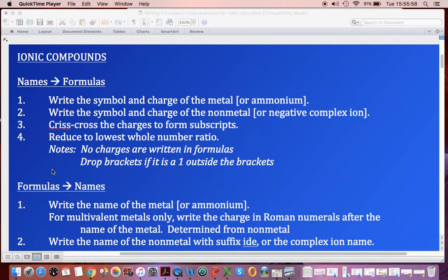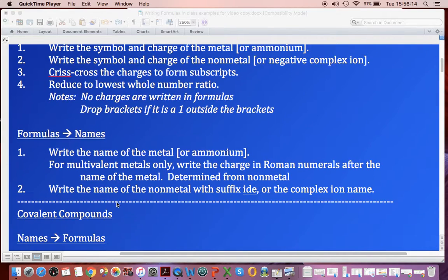And remember, you do not write charges in formulas. They just become subscripts, they become numbers. We know the front end's positive, we know the back end's negative. And you only drop the brackets on a complex ion if there's a 1 outside the bracket. Formula to name, you write the name of the metal or ammonium. Only write the charge if it's a multivalent metal. That means it can have more than one charge, appears twice in a box. You write the name of the nonmetal, it has "ide," or you write the complex ion name